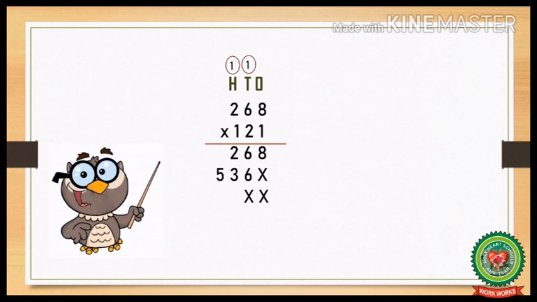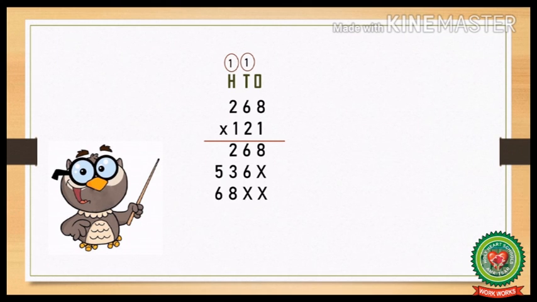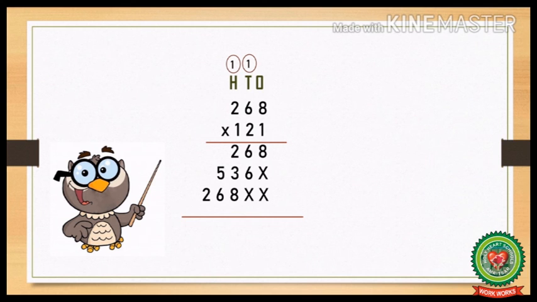Now we will move on to the third digit from the right hand side, that is 1. Before starting the third step, we will put 2 crosses just below the ones and tens place. Now let us multiply: 1 8s are 8. Then 1 6s are 6. And 1 2s are 2. Now we have multiplied the above number with all the given digits.